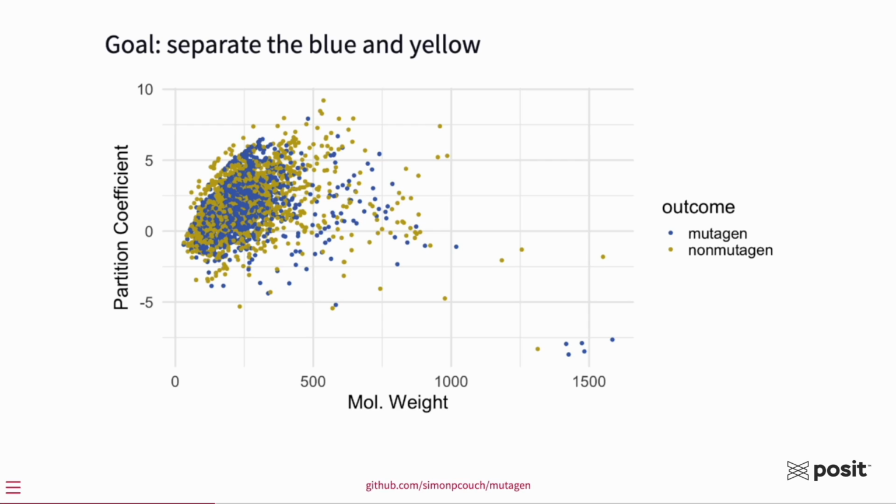On this plot, I've plotted two of the predictors, and each of those points is also colored according to whether the drug is actually a mutagen or whether it's a non-mutagen. So colors in blue are mutagens, colors in yellow are non-mutagens. On the x-axis we have the molecular weight, and the y-axis is the partition coefficient. It doesn't matter whether you understand either of these two predictors. I really don't understand them. But the point here is that it's really hard just using the information we have here to separate between the blue points and the yellow points, only knowing the value of these two predictors.